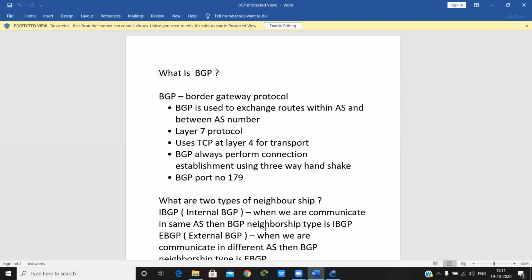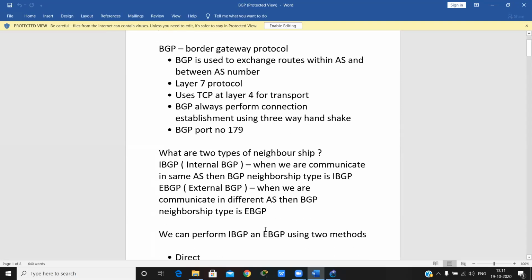IBGP means internal BGP and EBGP means external BGP. When we want to communicate within the same autonomous system, the neighborship type is IBGP. Whenever our AS number is different, the BGP type is EBGP, external BGP.